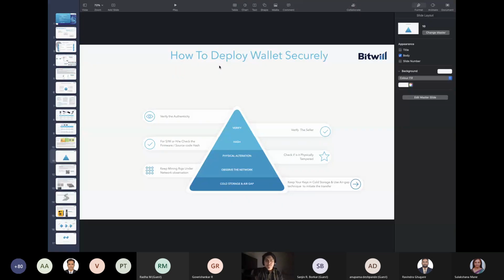Okay. Now, always check for physical alteration. Whatever product or services you get, check whether it is physically tampered with or not. At the last, always secure your asset in cold storage. Always secure your asset air gapped, because you never know. If you put it online, you never know who has access to your data. To make sure that no one can access your private key and take your funds out,